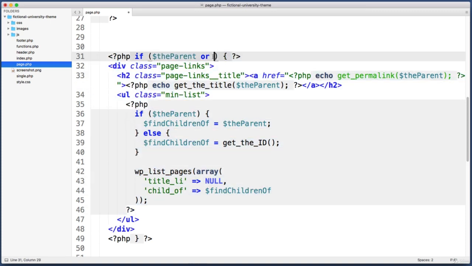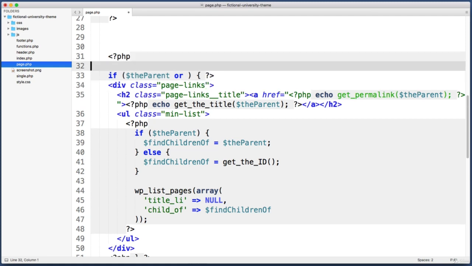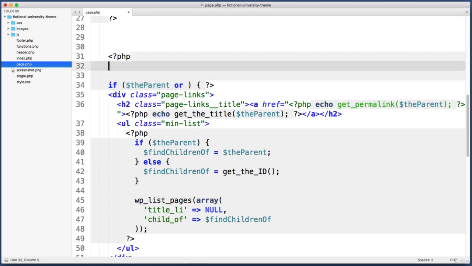Now, believe it or not, in WordPress, there is no easy way to see if the page is a parent. But there is a slightly roundabout, tricky way of doing it. So here's what I would do. Let's add a line right above this current line that we're on. Okay, and let's create a variable. We could name it whatever we want. I will call it test array. And let's set it to equal the results of a WordPress function named